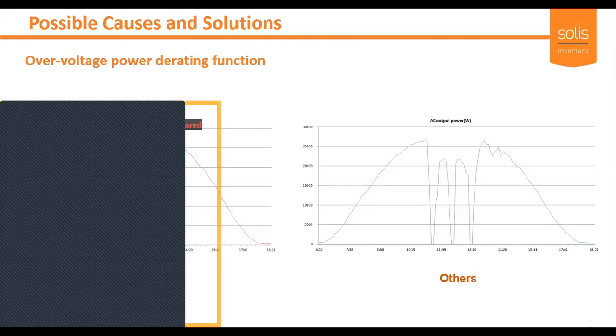The over voltage power derating function is for areas with limited grid capacity or high line losses, where high power generation at noon is very likely to cause grid over voltage alarms, and frequent inverter start and stop will seriously affect power generation. Hence, through our Solis over voltage power derating function in the poor grid scenario, Solis inverters can run without disconnection from the grid, which helps to continue to generate power and increase the power generation revenue.